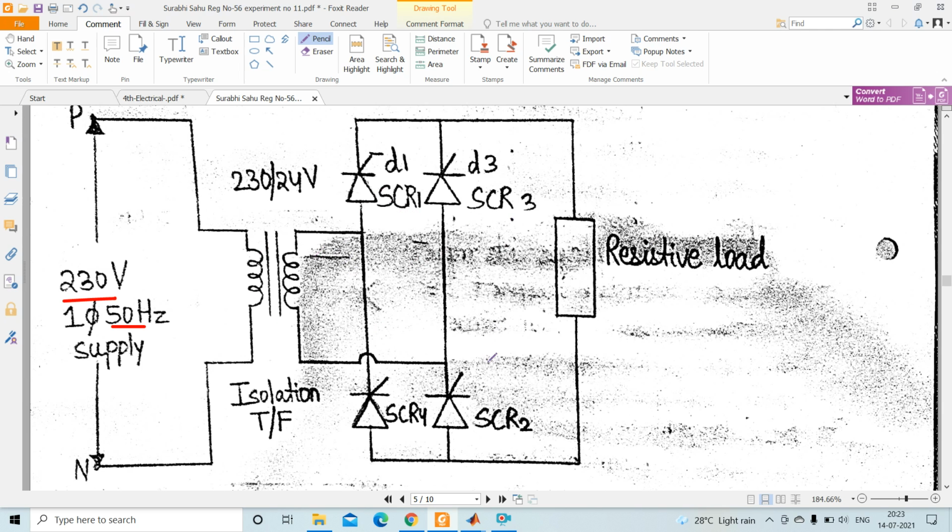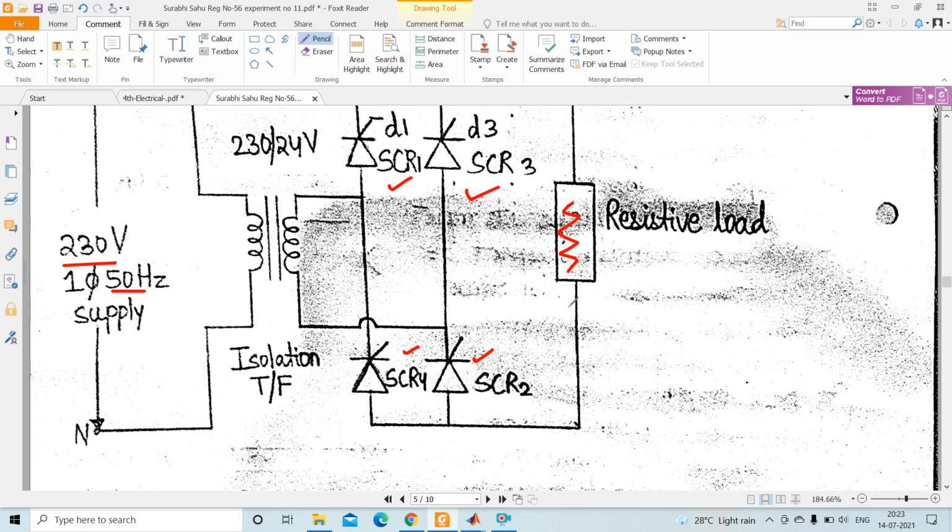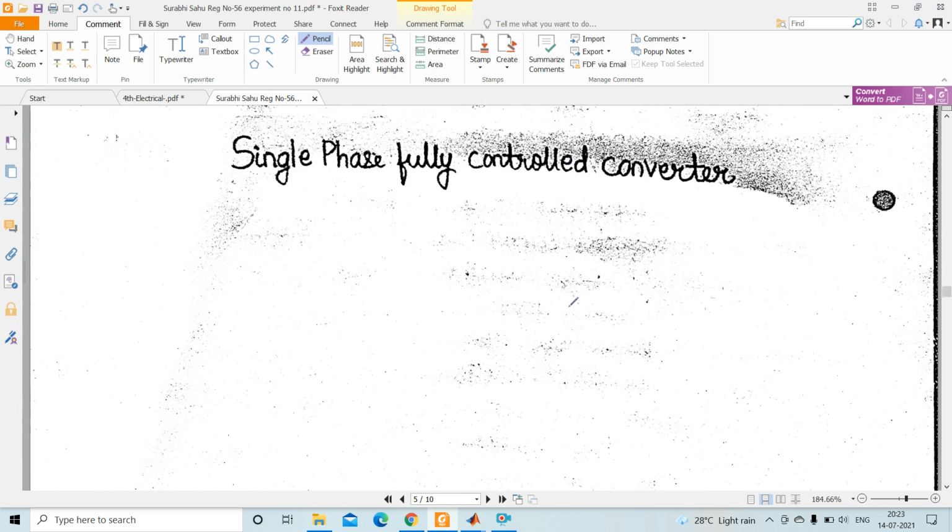So these four thyristors are connected in bridge format: thyristor 1, thyristor 3, then thyristor 2 and thyristor 4. In bridge form we are connecting them, and here we are giving the supply. This is the resistive load we implement here. So we have to implement this circuit in the simulation window. Okay, so let's go to the